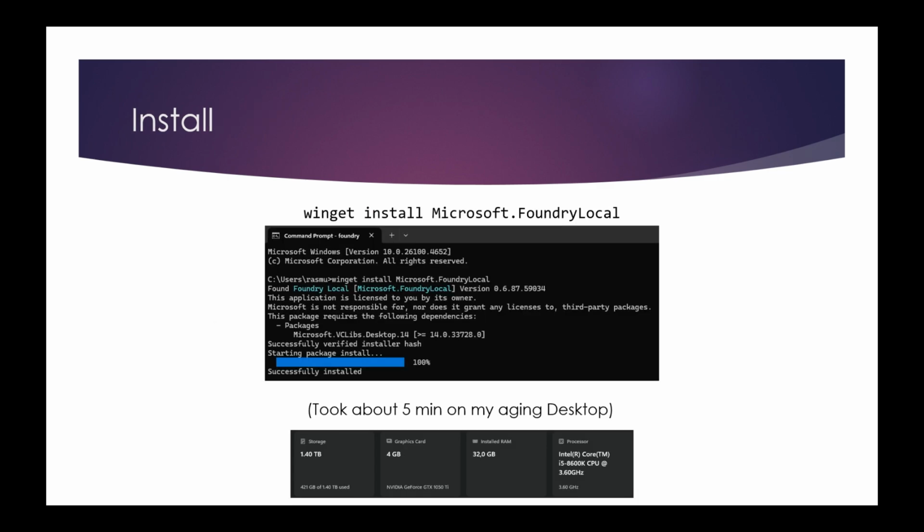So let's see it in action by trying to install it. Just a disclaimer: I have a very old desktop now. I should get it replaced, but it's an 8th generation. I think we're at 14th generation now. I have plenty of memory, but that doesn't help here. My graphics card memory is also quite low. So what you will see me do is only use some of the very, very small models. I simply cannot run the big ones, but that's not the important part here.